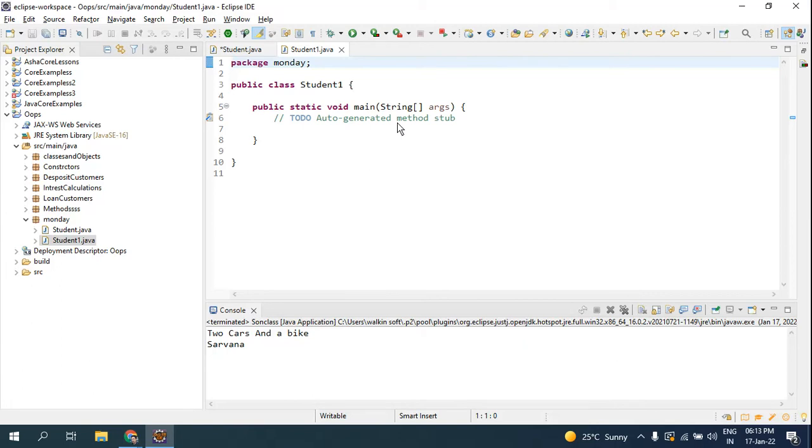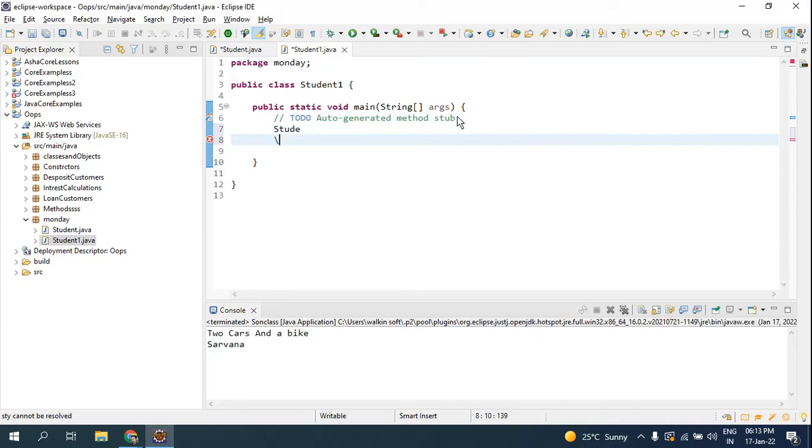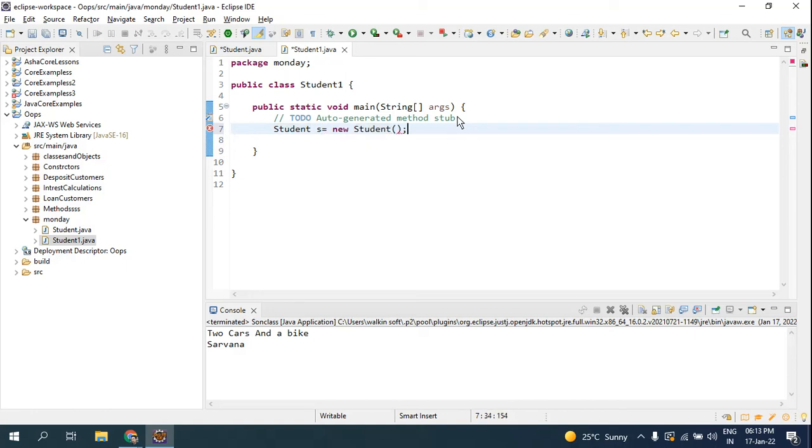How am I able to do that? Using Student. This Student is in the Student1 class. I am going to create Student s is equal to new Student.